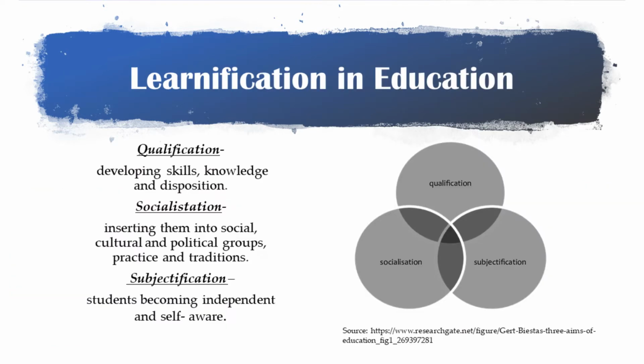According to Biesta, there are 3 domains of education. Qualification is to provide the learners with the necessary knowledge, skills, and disposition and judgment to prepare them in life. Socialization in education allows the learners to insert themselves in existing social, cultural and political groups, practices, and traditions. And lastly, certification refers to the learners becoming more independent. These 3 domains distinguish the purpose of education as they are connected and express the importance of measuring what we